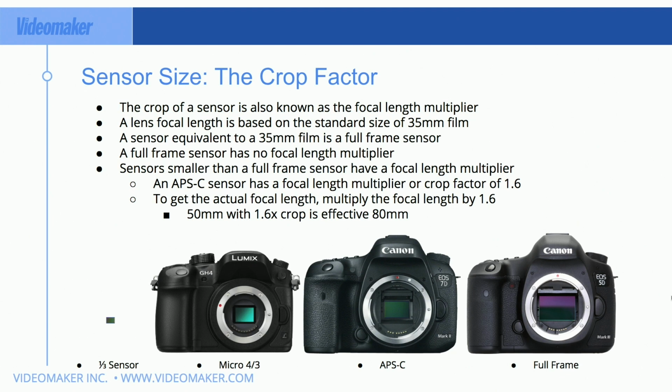And so if you have a camcorder with a fixed lens, it's always telling you what the 35 millimeter equivalent focal length is. It's not telling you what the original lens that you have on it is. It's just telling you what it's actually shooting at. So it's doing the math for you. So it might not be able to open up as wide as you want it to. The small sensor makes it more difficult to get a shallow depth of field.